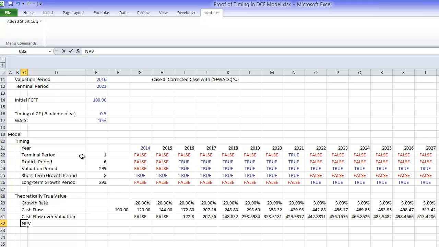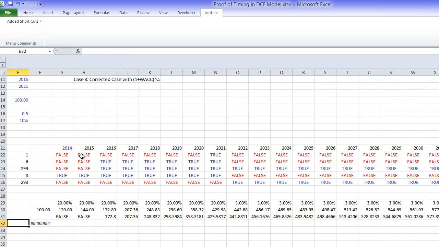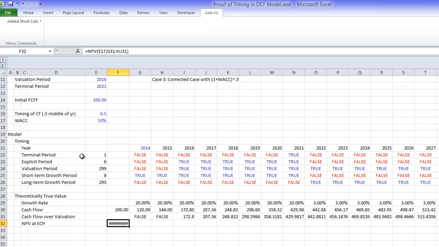Now, if we just now take the NPV of the cash flows, this is the NPV at end of year. Okay, we can just put equal NPV at the whack of all of this. Okay, that's just really an introduction to this whole thing. Alright, now,